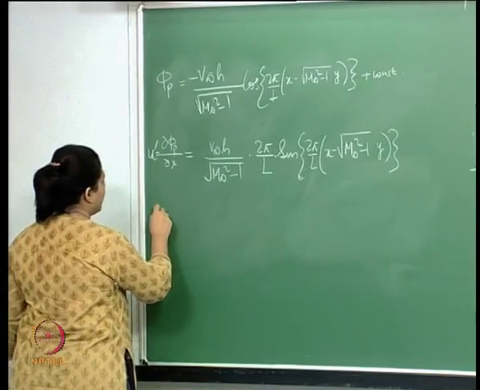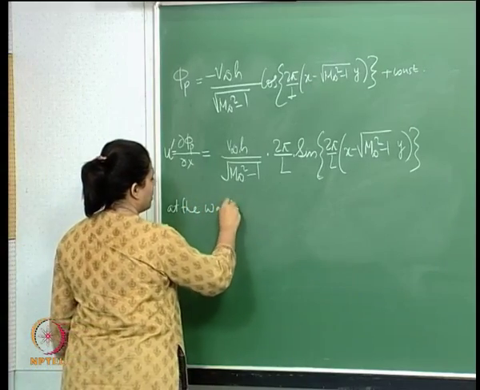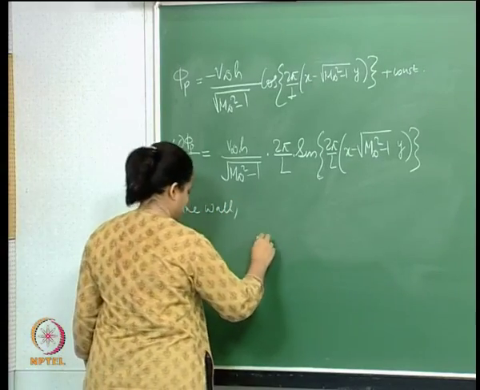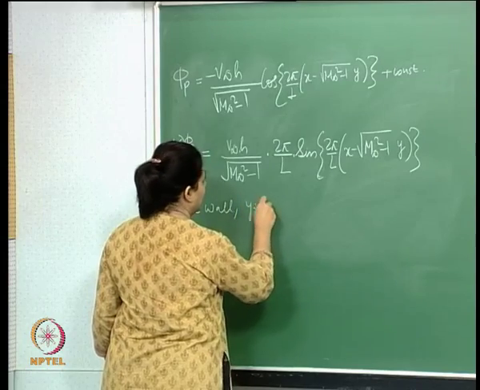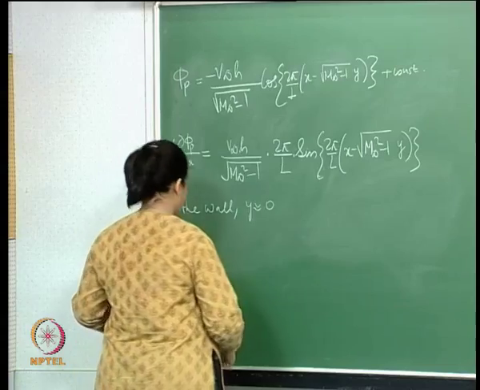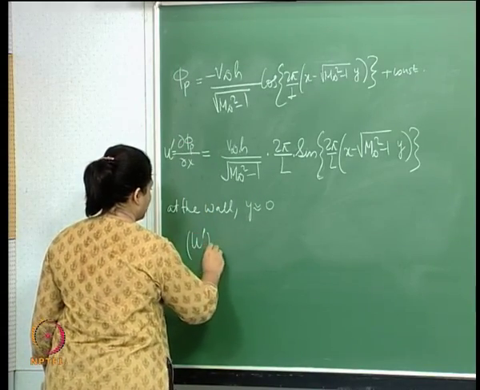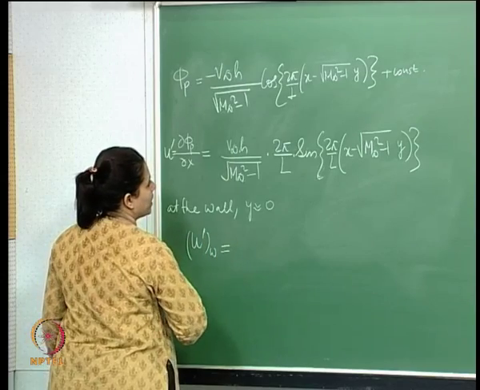Now again, at the wall, taking small perturbation theory, y will tend to 0. So therefore, at the wall, what we get is